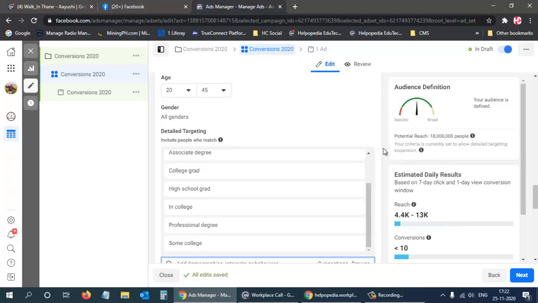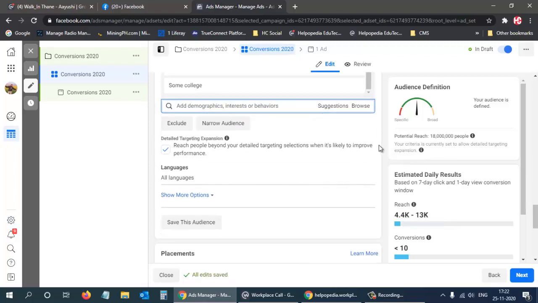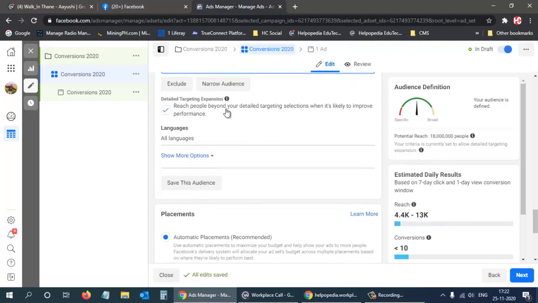So like this we can select our audiences and then reach more people beyond your detailed targeting. We have to check this box, so it will automatically select the best audiences beyond our targeted audience.